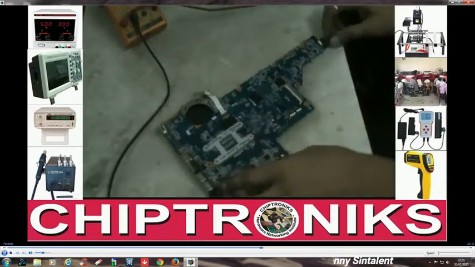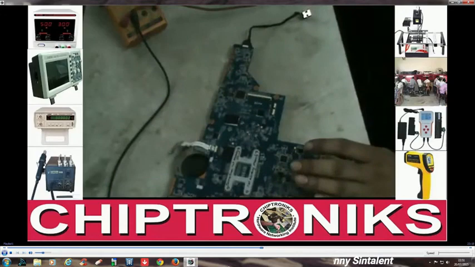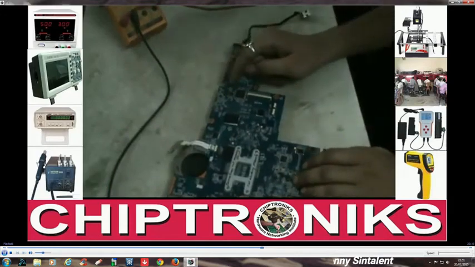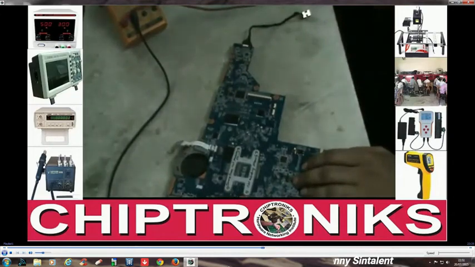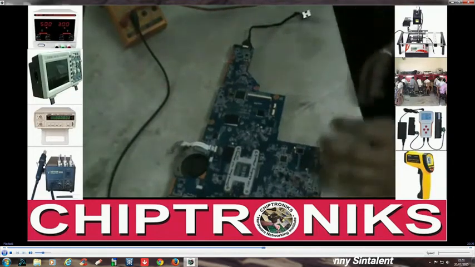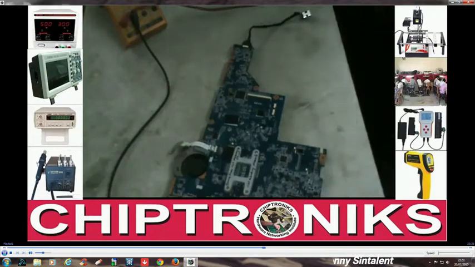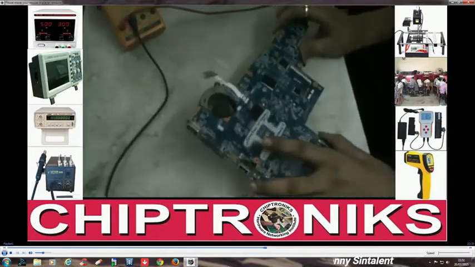Now here, first I remove this BIOS IC, and then I program it with one file. Then we check whether our motherboard is working fine or not. Now here we remove